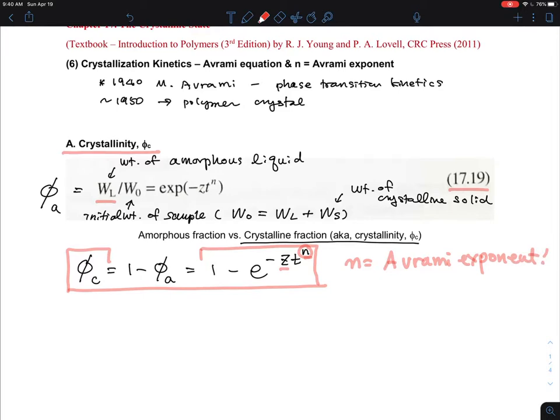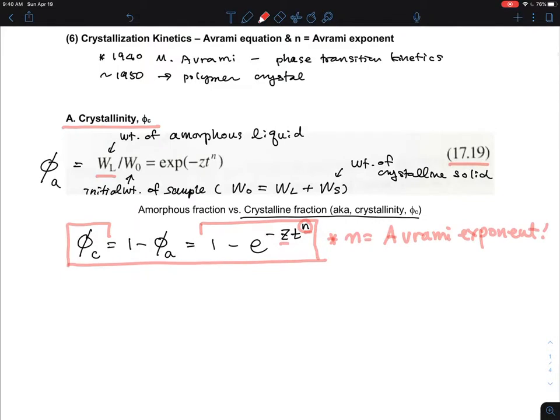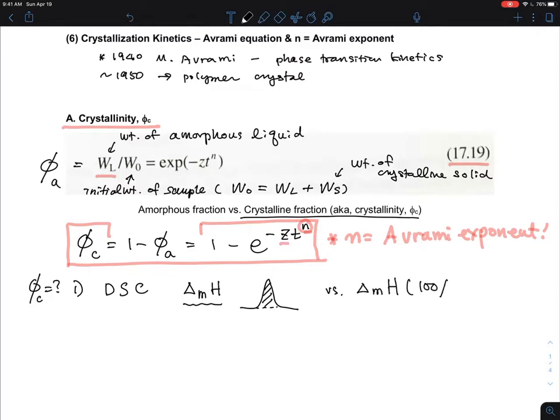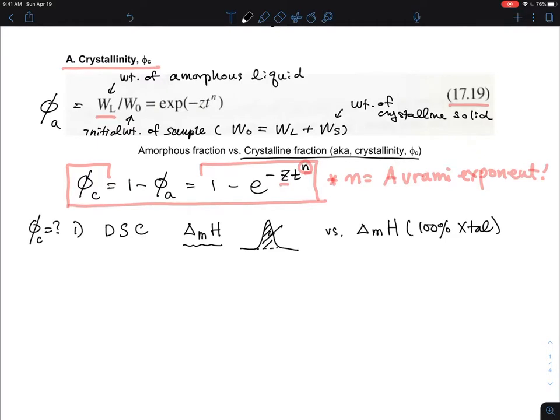And a lot of meaning is in there, and this is still used quite widely these days when you study crystallization. The first technique for how we can quantify crystallinity is differential scanning calorimetry. I think I mentioned to you the delta H melting, the heat of fusion, for a sample, which can be measured from the area under the curve of the melting peak, versus the heat of fusion for a 100% crystal for any polymer. So if you have a sample where you know the value for that, and this is what you measure in the DSC experiment,